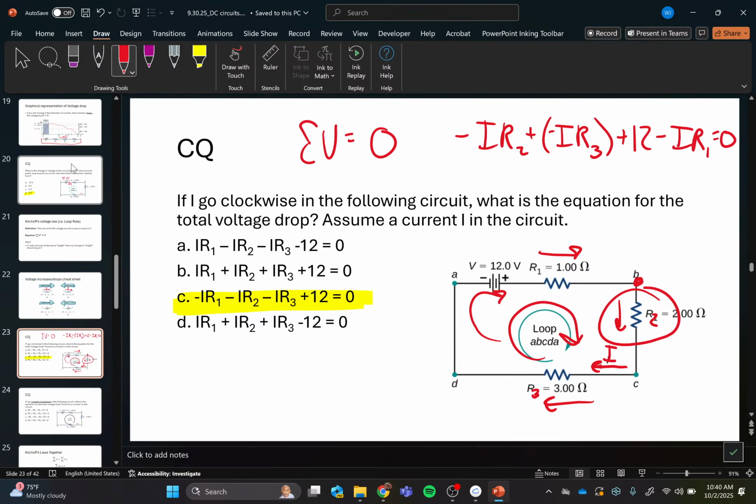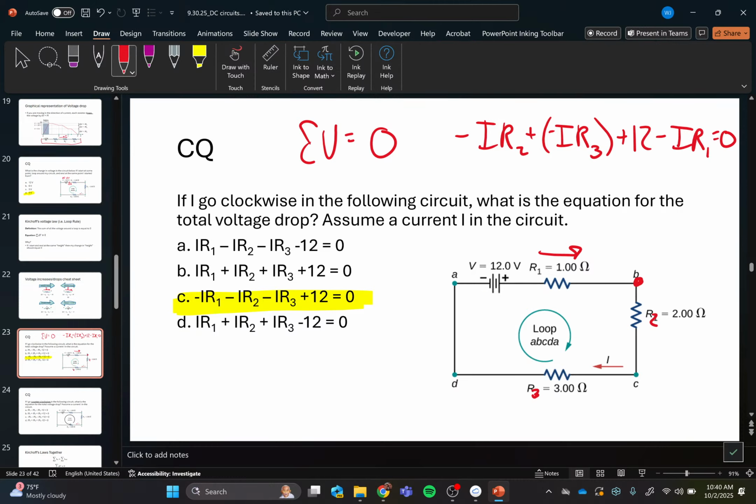problem. And this was a practice with doing this loop rule. The key to the loop rule is you pick a direction for current. You pick a direction to walk around this circuit. When I say walk, obviously we're not physically walking, but it is very helpful to imagine you're physically moving through this circuit. We're going to apply that and you're going to see what I mean. So in this circuit, there's a lot of pictures here. I'm going to go ahead and erase some of these just to make it a little easier for us to